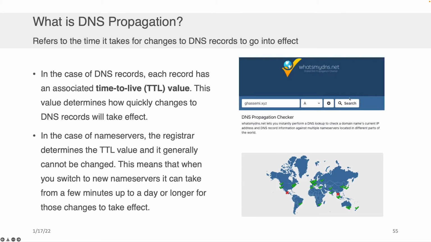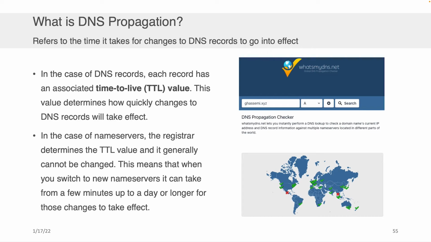Because of this recursive way that information is collected on the locations of these records, when you want to update the records, there is a certain amount of time that it takes for that record to go into effect. That is to say, when you add entries to a DNS record, you don't instantly make the change and the entire planet now knows that this website maps to this IP address. The TTL, or time to live value, is what determines how quickly those changes take place on the DNS